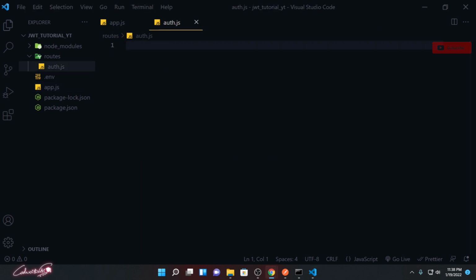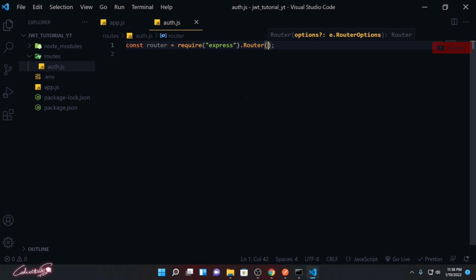Okay, so over here, I'm going to use the same package from Express. I'm going to import that same package. So const router equals require express. Inside express, we have the Router function. This router will create a router, and we can use it as a middleware. Whenever we get a request to the server like /user, we will reroute that to this particular file. By this way, we can maintain all the things in a separate file for a separate route. I'll show you how to do that first.